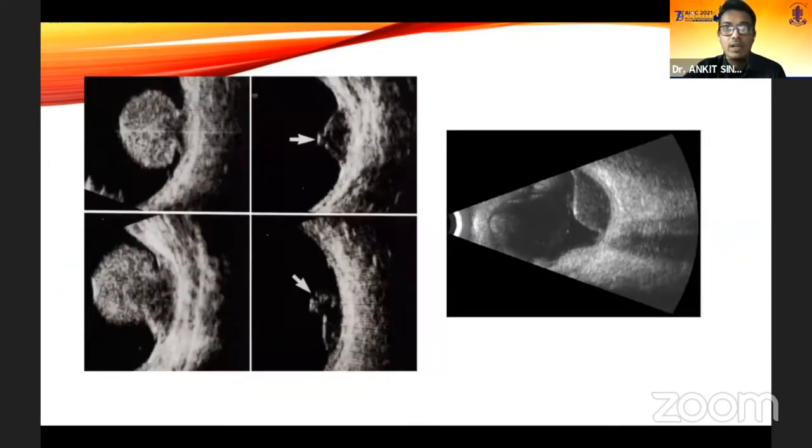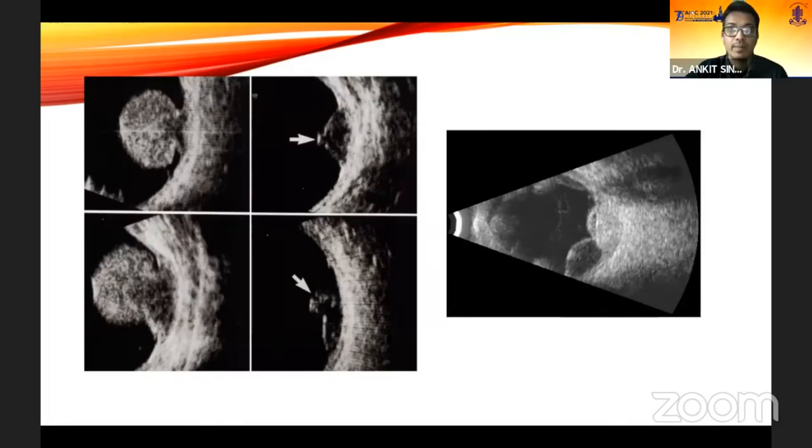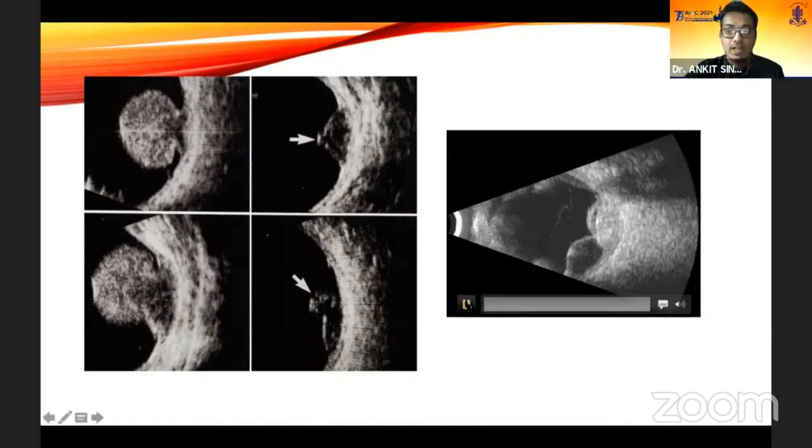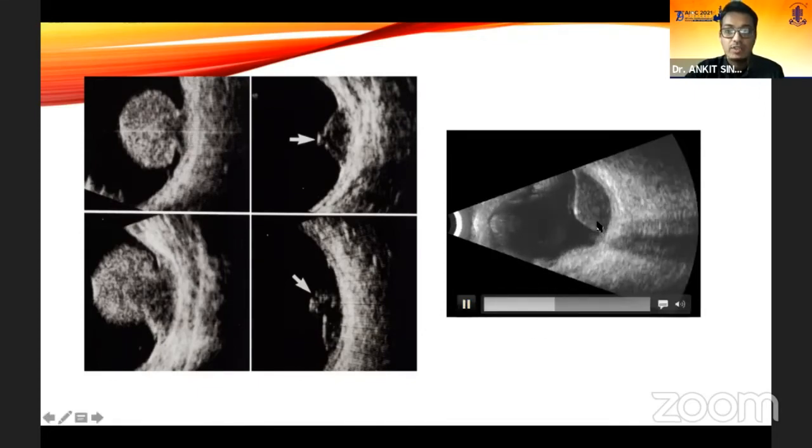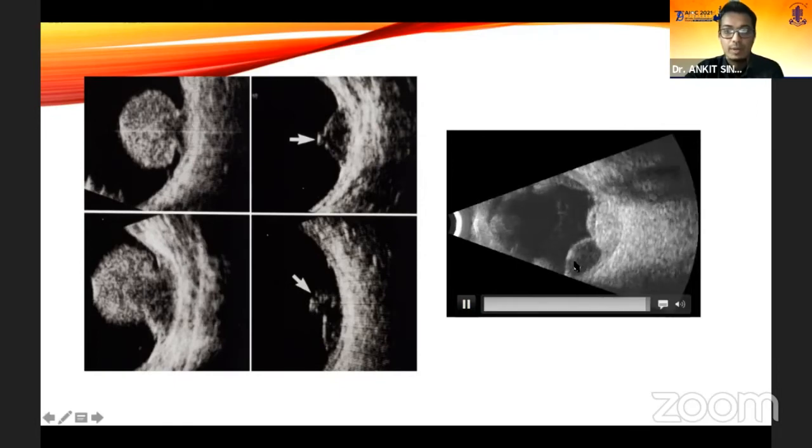Ultrasound can help us get an accurate tumor height and basal dimensions, which help us plan the tumor management. Sometimes it can acquire a classical mushroom or cholesterol appearance after it has breached the internal limiting membrane of retina. Sometimes it can have accompanying exudative retinal detachment, as you can see in this image, and the shifting fluid.